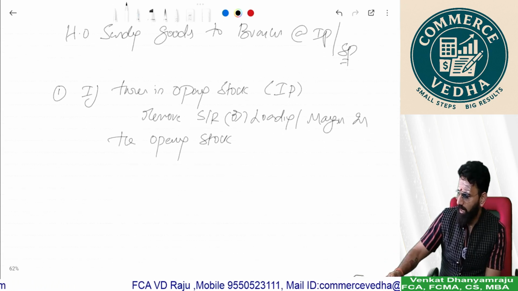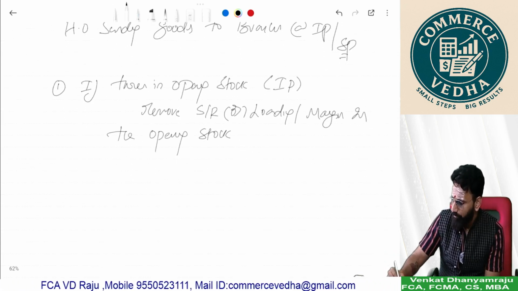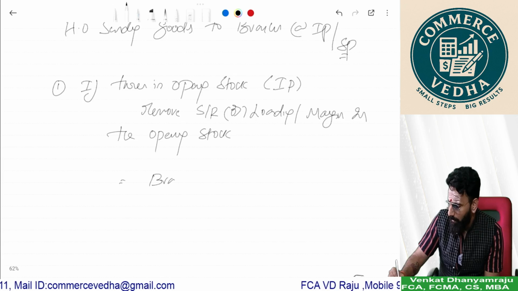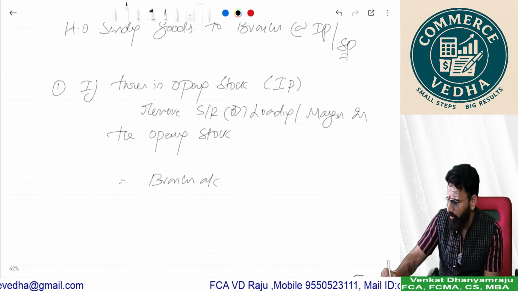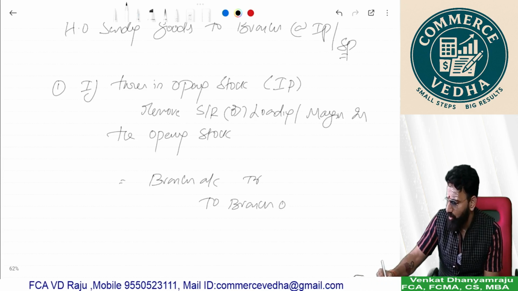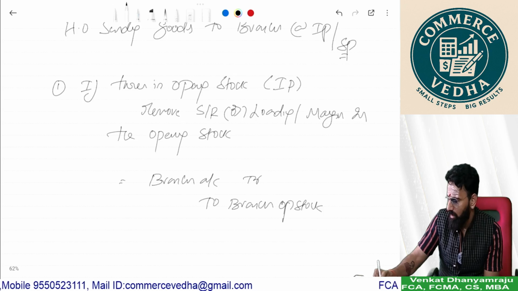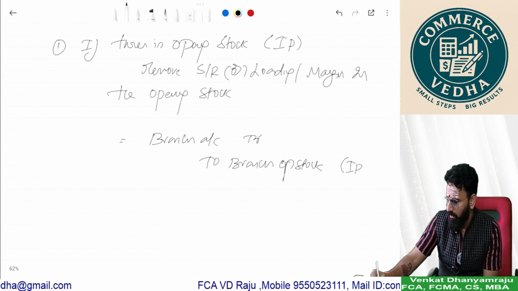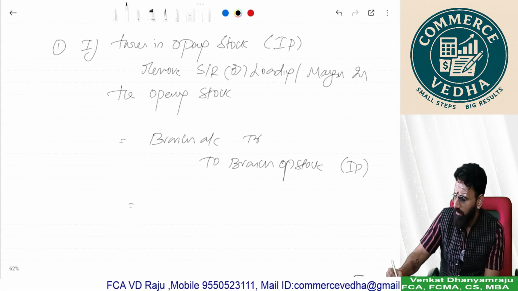So for that the entry should be: first we should write branch account debit to branch opening stock. This is with invoice price, and immediately